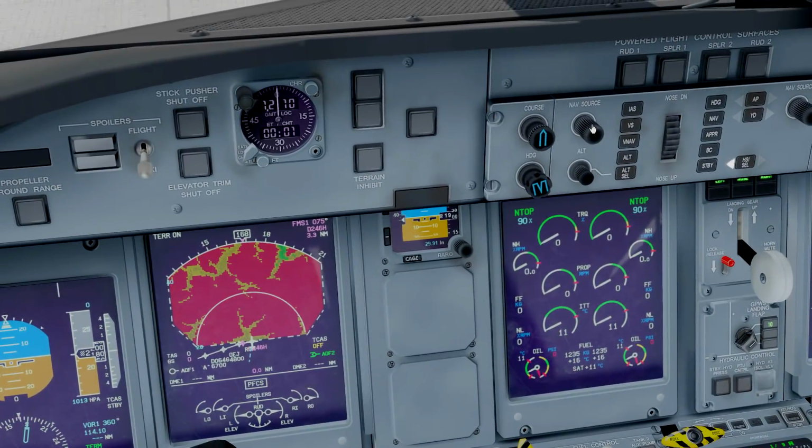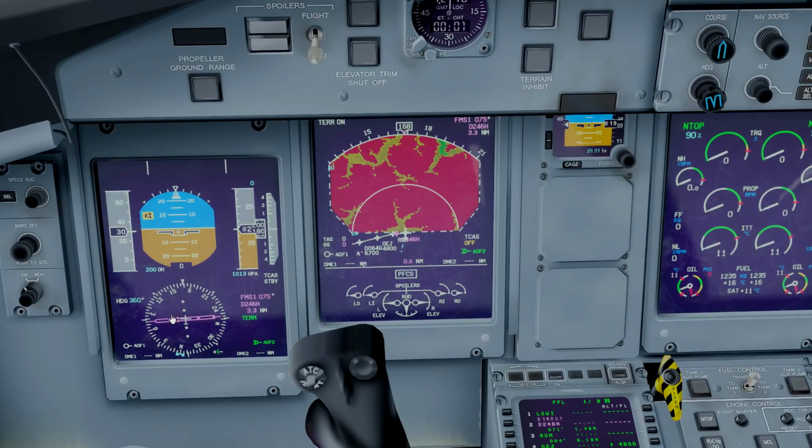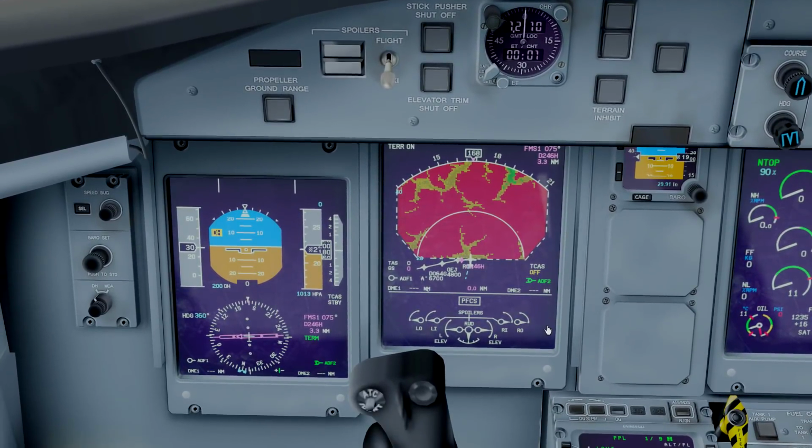So what you do here is click the nav source, switch it around, and as you can see, it now reads data from FMS1. It shows you constantly, as you would describe it, a localizer display on an ILS. It constantly shows you how much you deviate from the leg that you're trying to fly. Okay, so just make sure that you set the nav source to FMS,